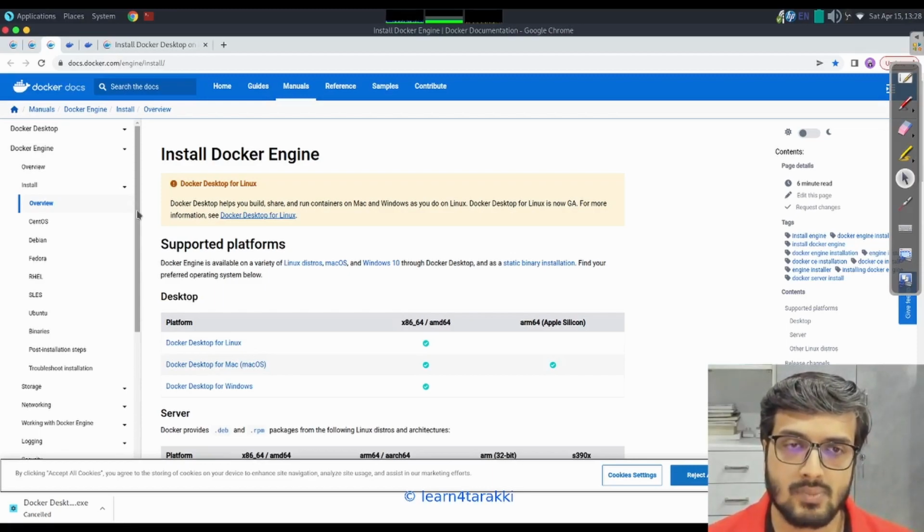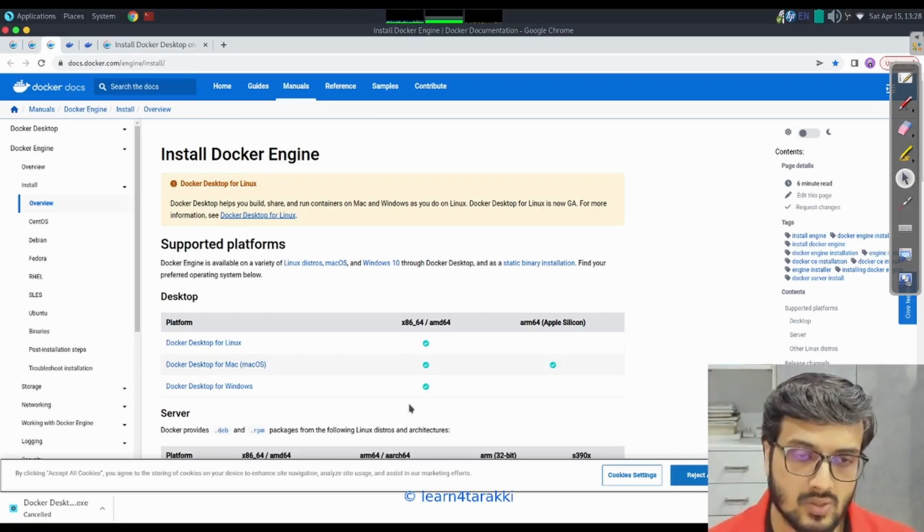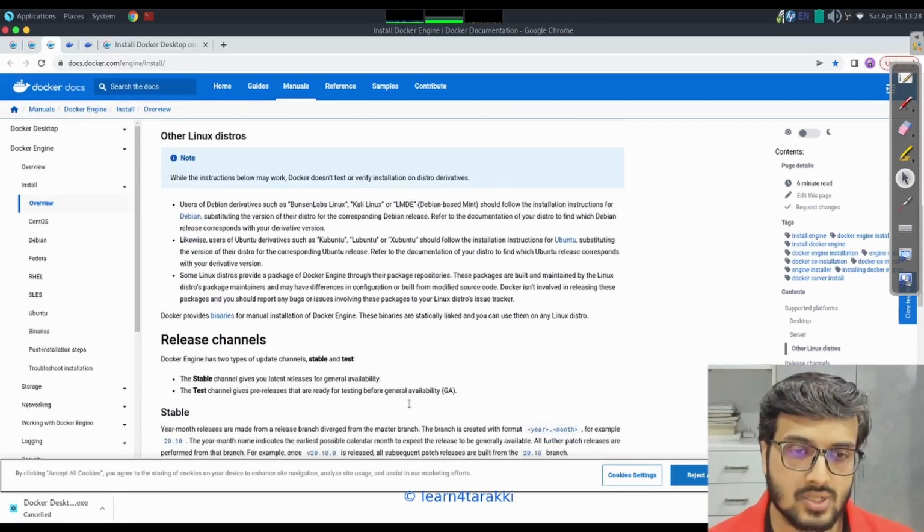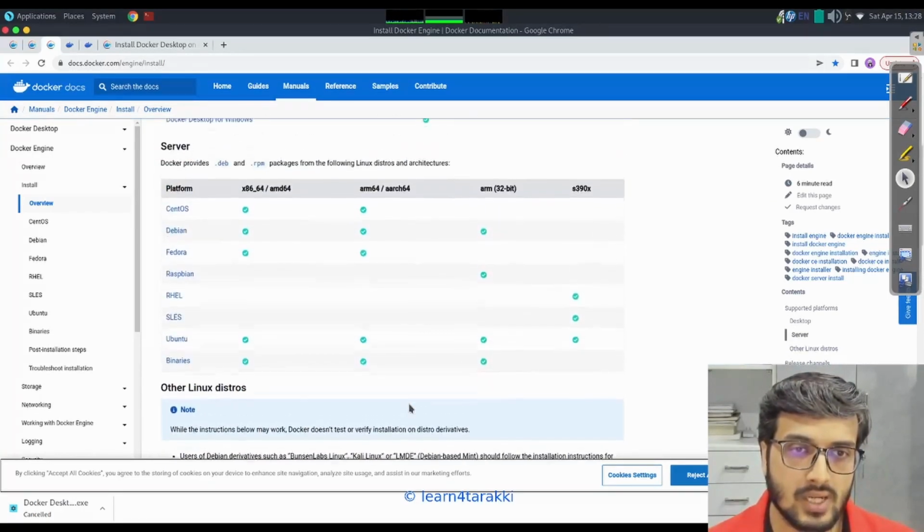So Docker Engine basically comes with dockerd, which is the Docker daemon, the main component of Docker, which executes the commands: running the images, storing, fetching the images, running the images as a container, etc., will all be done by Docker Engine itself. If you see down the line, the instructions for installing Docker Engine, you will get to see that,